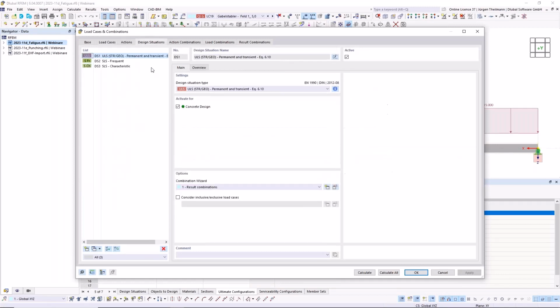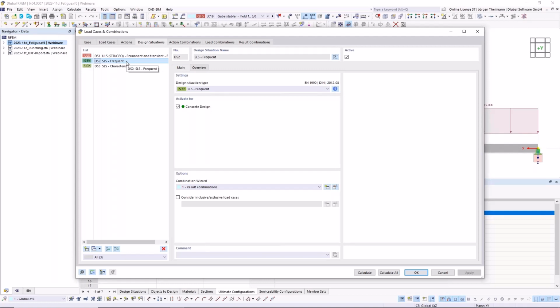Now I have 3 design situations in this model. First one is the normal ULS design situation. Then I have the serviceability check frequent. This is for my level 1 fatigue design.